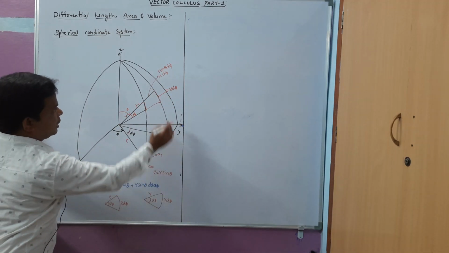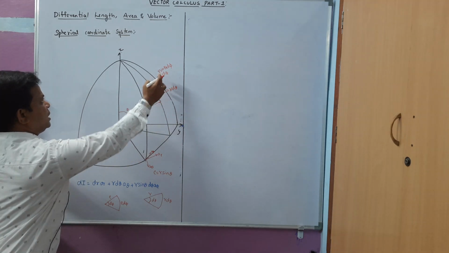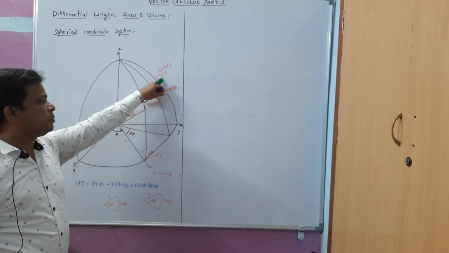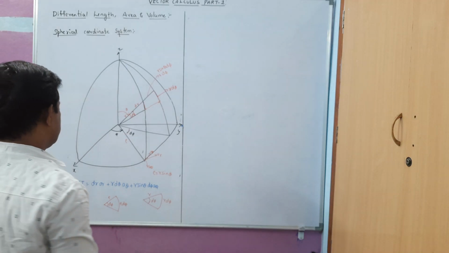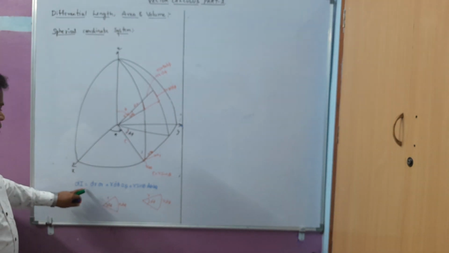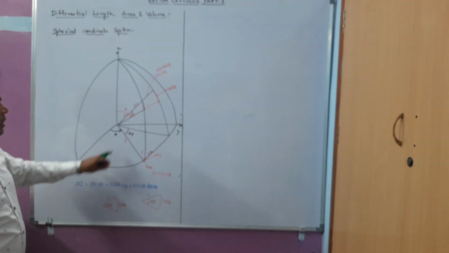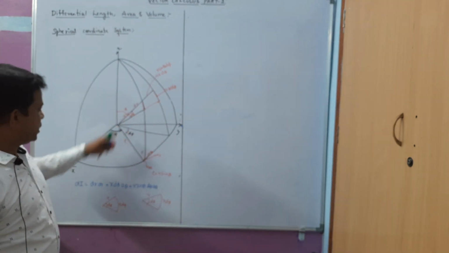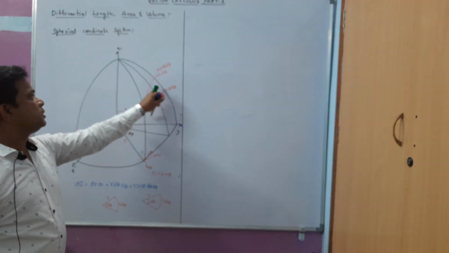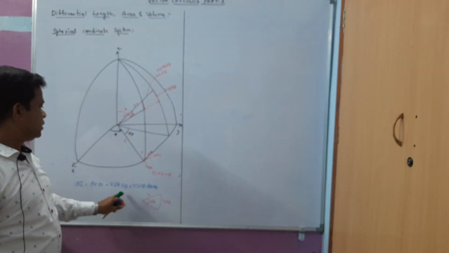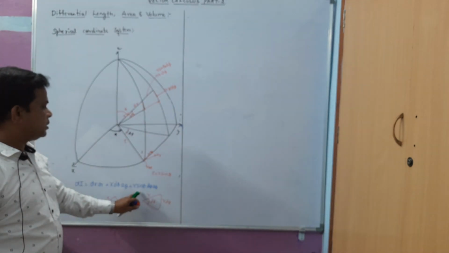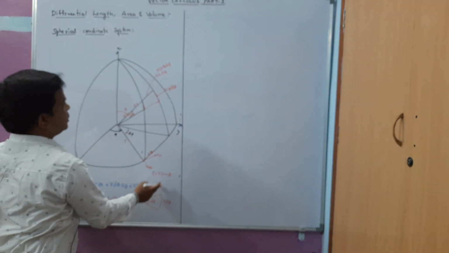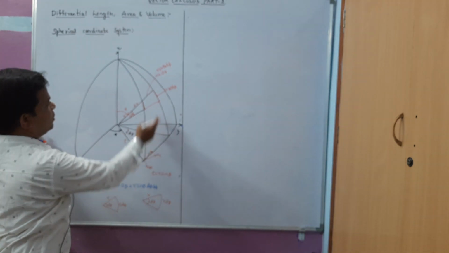So we are going to get the length of the arc as R d theta, and for this one as rho d phi. So in place of rho we write R sin theta. Now the displacement vector will become: in the direction dr we have A_R, along the A theta direction R d theta, and next along the phi direction R sin theta d phi into A phi. The unit vectors are along these directions.